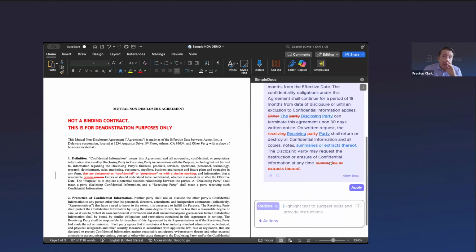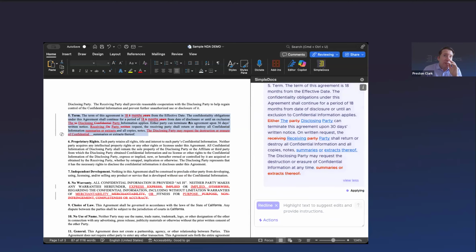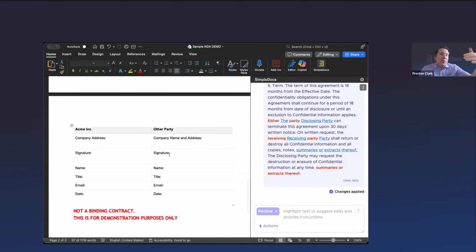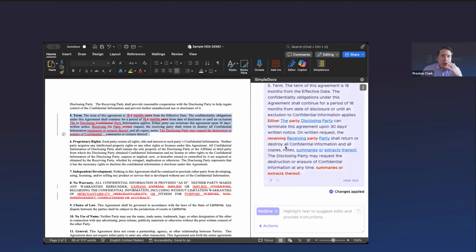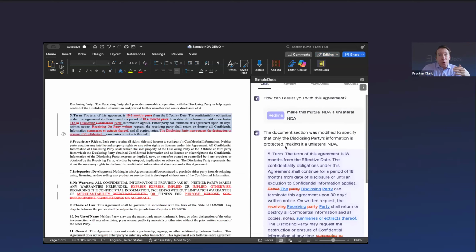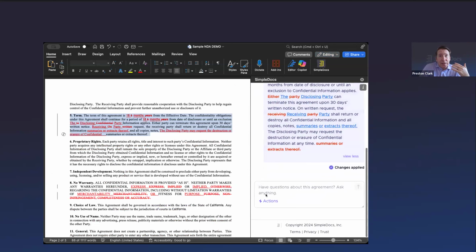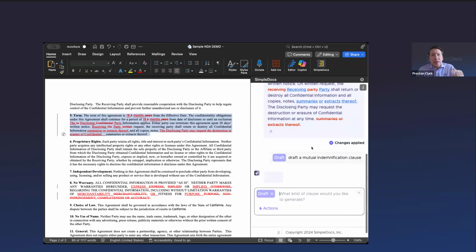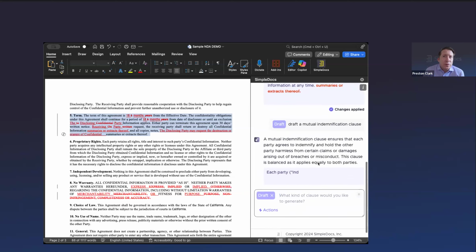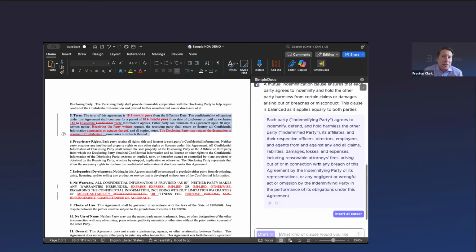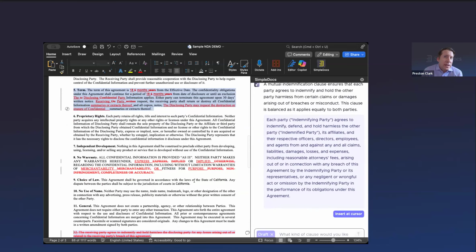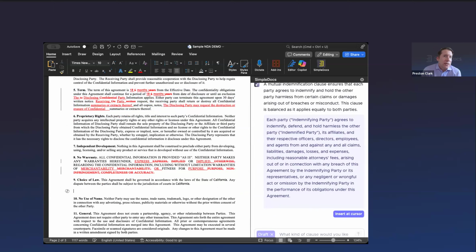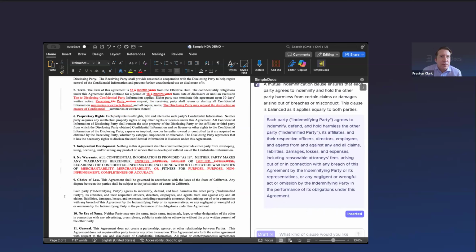And then what happens is all of these changes can be applied directly. And so you're watching all of these red lines occur now within the document as a result of these changes. So this is a very sweeping way, or it could be very precise, right? I can go to draft and say, draft a mutual indemnification clause. And in so doing, it's going to give me the ability now to inject this into the document. So insert a cursor. So I can say, hey, I want to do this right here at section 10. And you can see it immediately carries over.